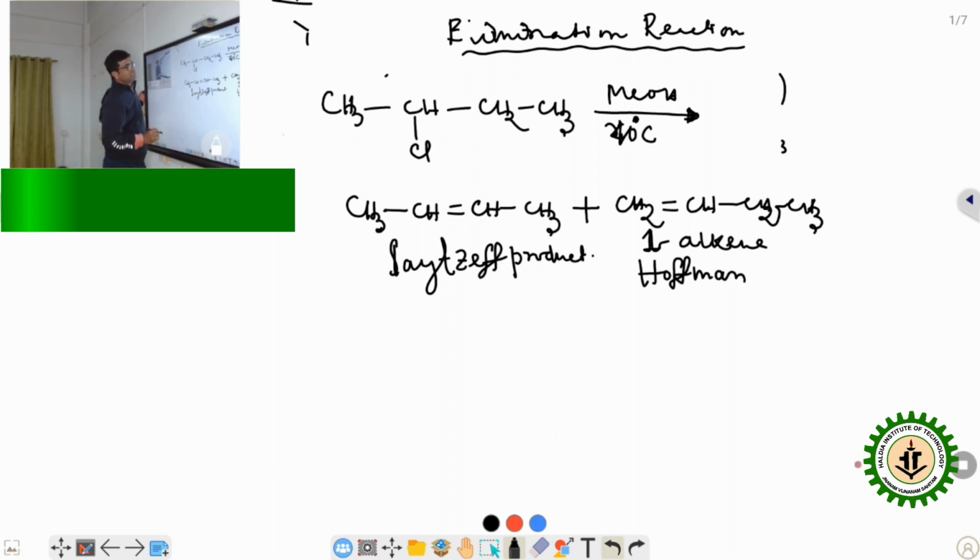Now in this reaction you see that this carbocation is formed after elimination of this chloride, and the hydrogen